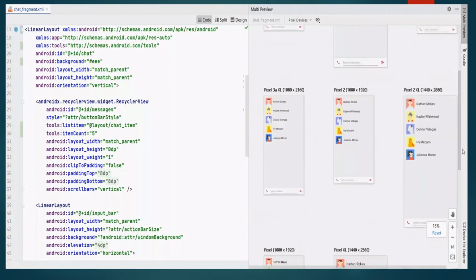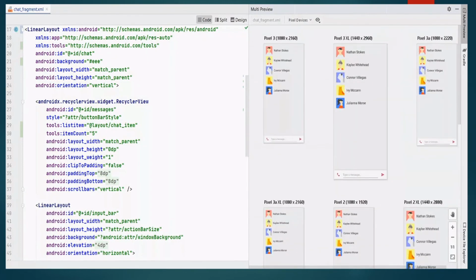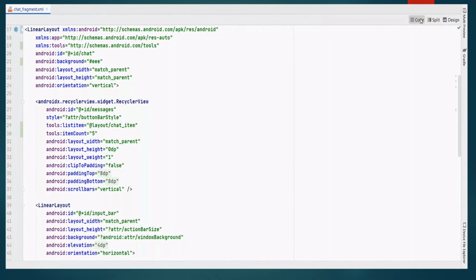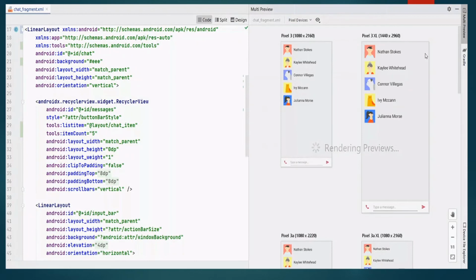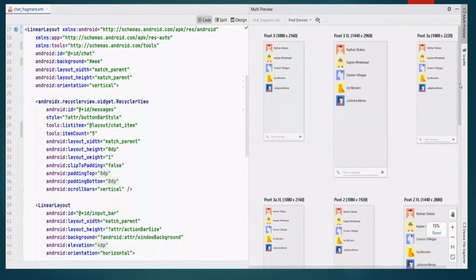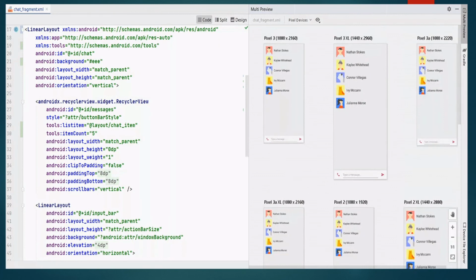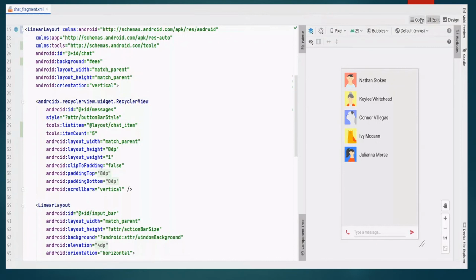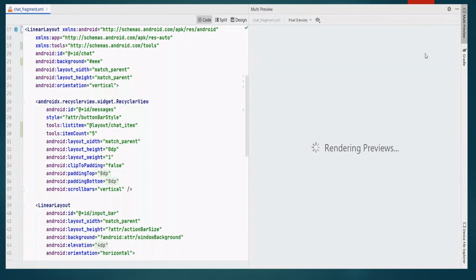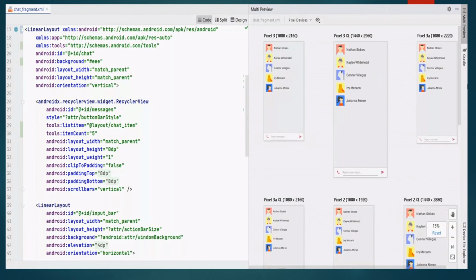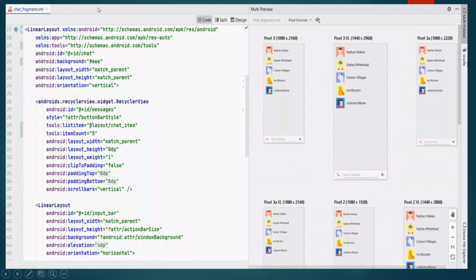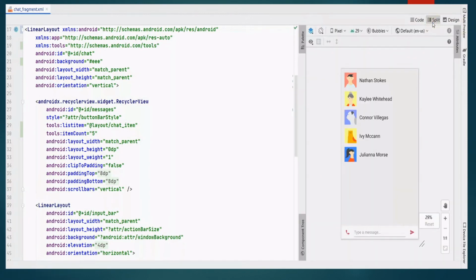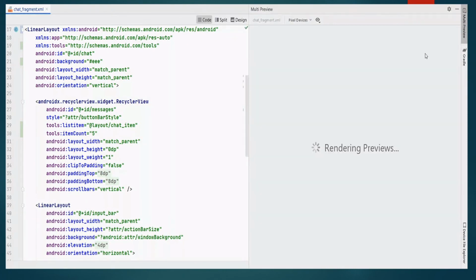Now see this. We use recycler view, linear layout, card view, and other multiple things. Okay. Now let's see what this feature looks like. Now we see multiple devices here to see what our output looks like. Single view, only code, and multiple device view. Pixel 3, Pixel 3L, Pixel C, Pixel 3 XL, Pixel 2, and multiple devices. How our output comes.